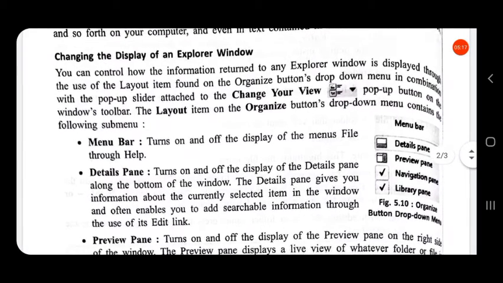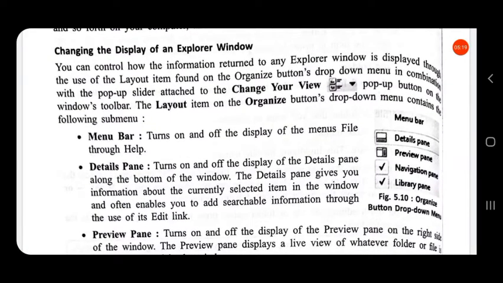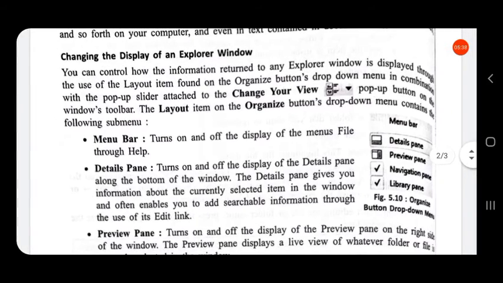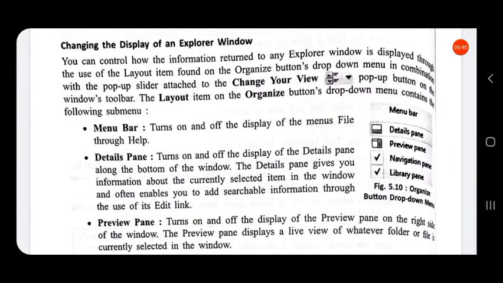Then we can change the display of an Explorer window. So our window can be changed. You can control how the information returned to any Explorer window is displayed through the use of the layout item found on the organize button's drop down menu in combination with the pop-up slider attached to the change your view button on the Windows toolbar.